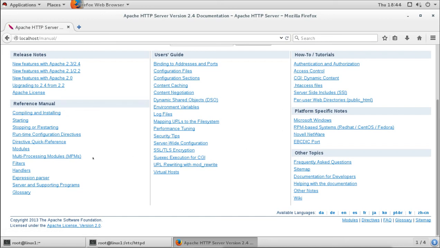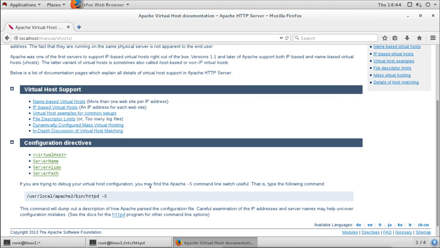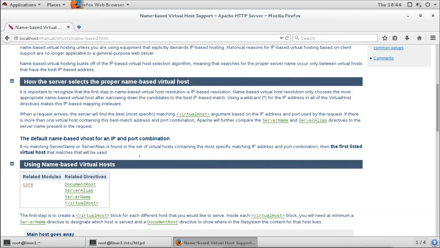Everything you can configure is here with examples, like security. Okay, this is virtual host. When you click on it, you can see all these details: what the syntax is, host, server name, alias, server path, and how you can configure the name-based sites. You have all these things with samples.